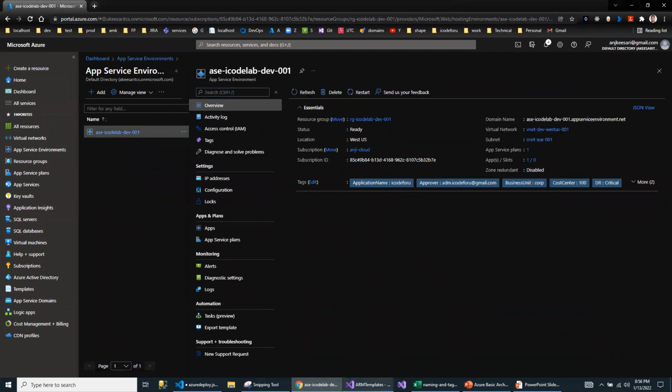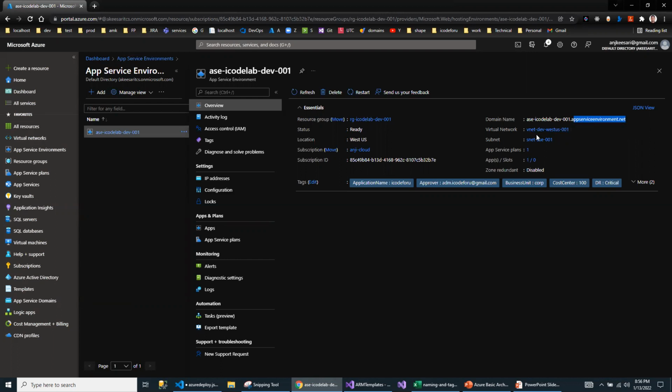I already ran this script once, because running the script takes some time. So this is my app service environment, which is the ILB ASE. That's why you see the URL says appserviceenvironment.net. If it is external, you will have a different URL. If it is internal, then you will see the suffix appserviceenvironment.net.